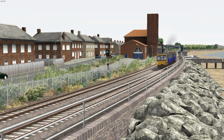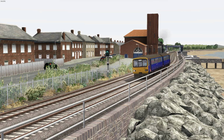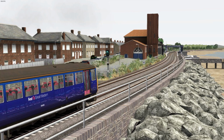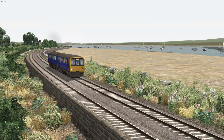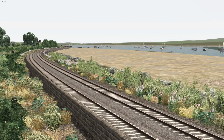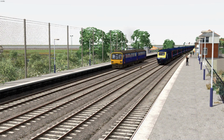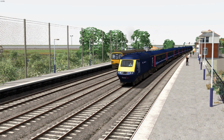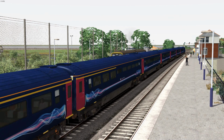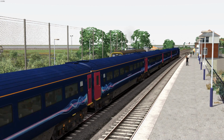This route was released in February 2014, and you can still buy it on Steam, where it costs $30 New Zealand dollars at full price. It's one of TS Classic's many linear routes, only including the 28 miles, or 45 kilometres of track from Exeter St David's to Paignton. As for what time period the route is set in, I'm guessing it's somewhere between 2010